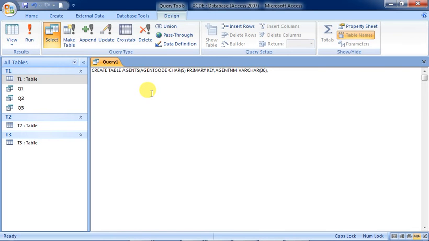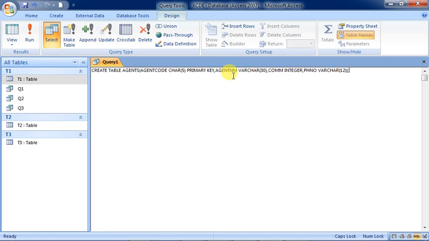Suppose we are also keeping commission, integer. And then phone number, phno, varchar; we are keeping 12 characters out here. Fine. So these are the 4 fields that we have kept in our table, and then we are closing this query. You have to give a bracket out here and a semicolon at the end of the query. So this is the create table agents we have shown out here.